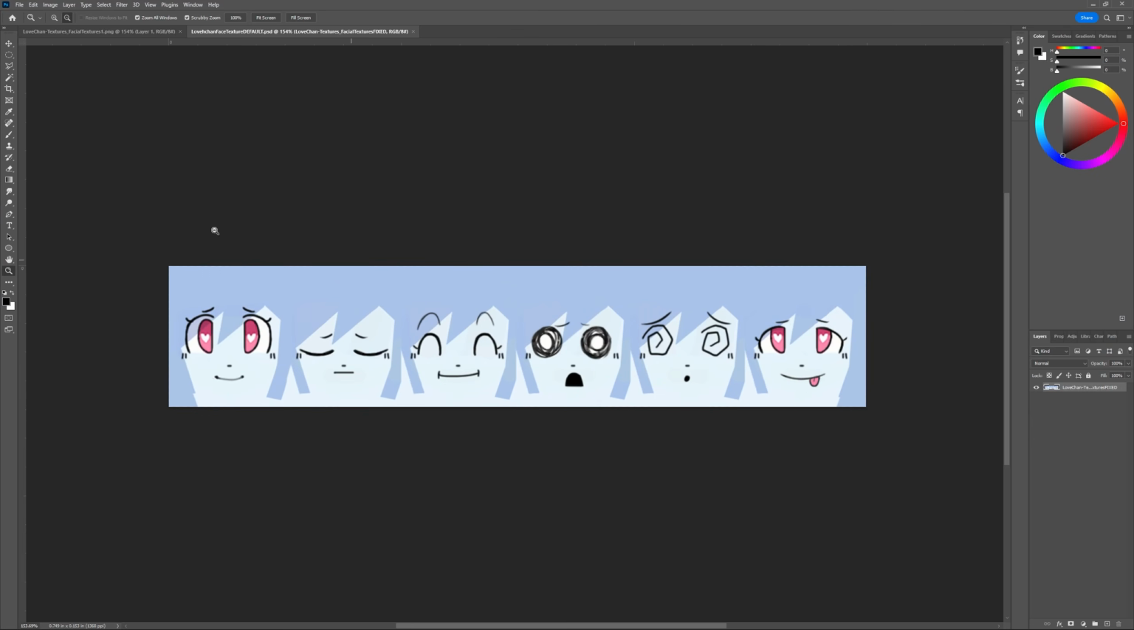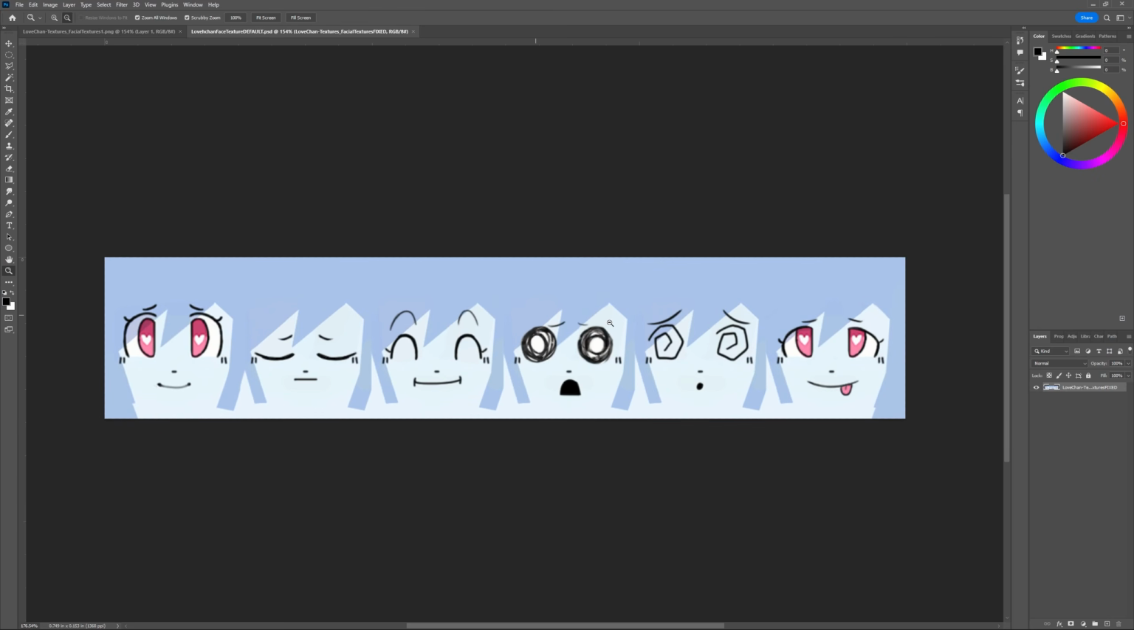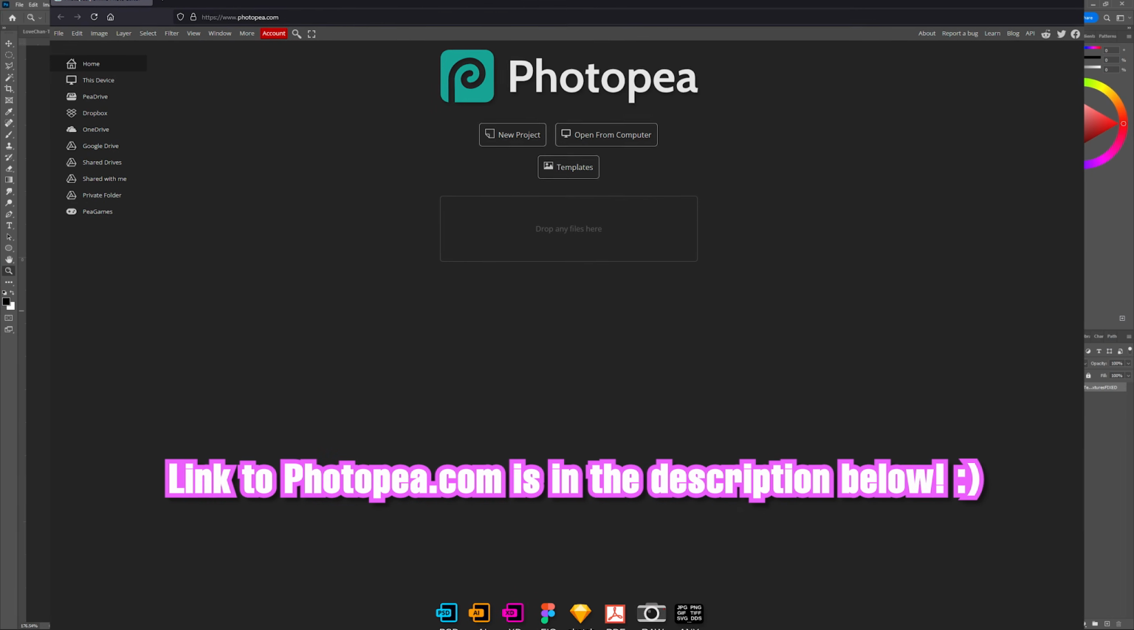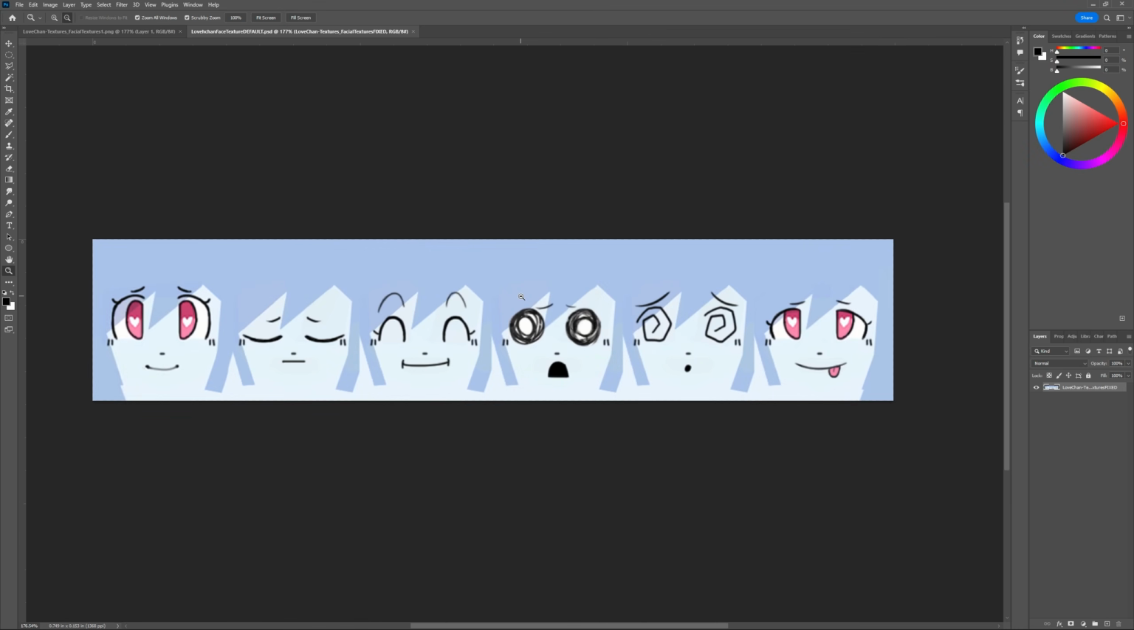Now, if you don't have Photoshop, you can use a Photoshop clone called Photopea if you want to follow along with this tutorial. But in my case here, I'm going to use Photoshop. Any painting program like Clip Studio Paint will work for this. I just prefer using Photoshop personally. And I'm not going to go into too much detail here because this is not a Photoshop tutorial, but essentially